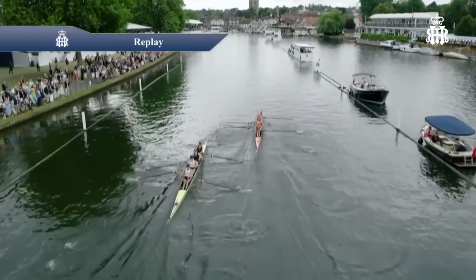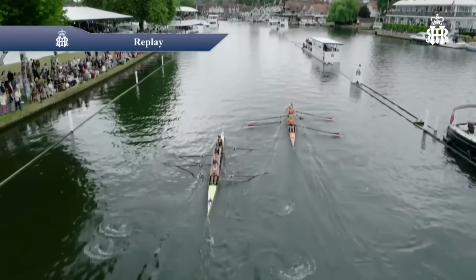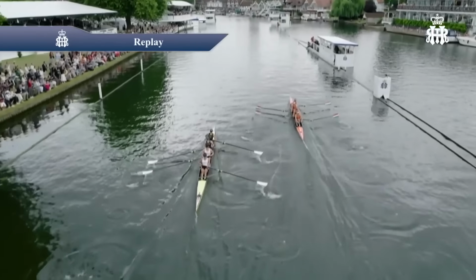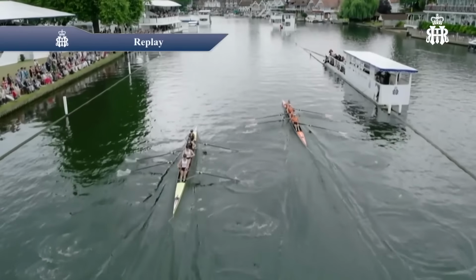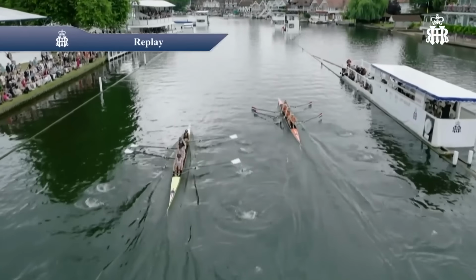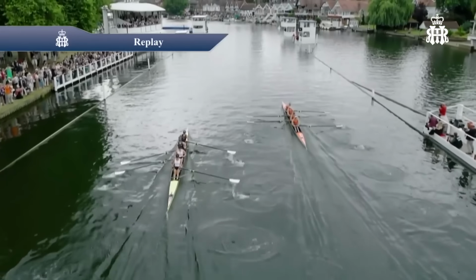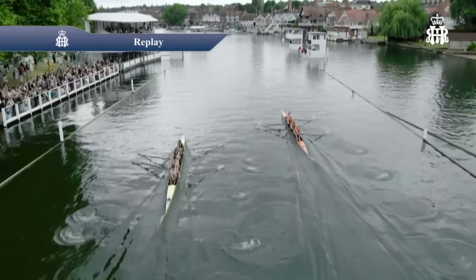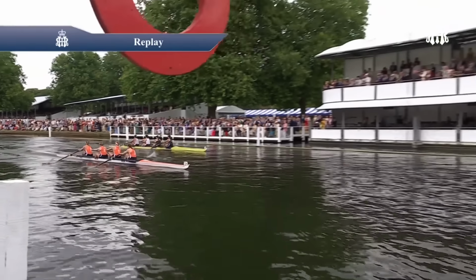Look at that, Tim. That is what we're talking about. Look how close. But the GB boat as well is well over off their station. So what's happened is the crews have come together, and Gwyn at that stage may or may not have chosen to umpire the behind boat. If the Leander boat and Reading University boat had been a bit tighter on the Dutch boat in terms of distance back,